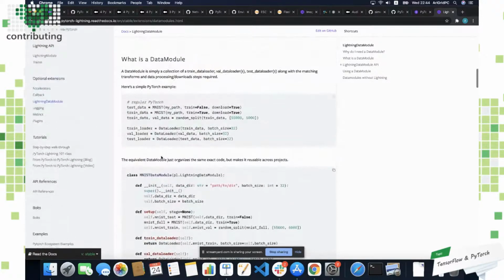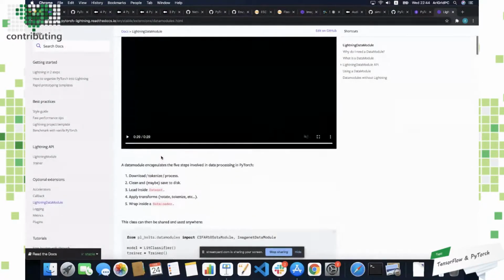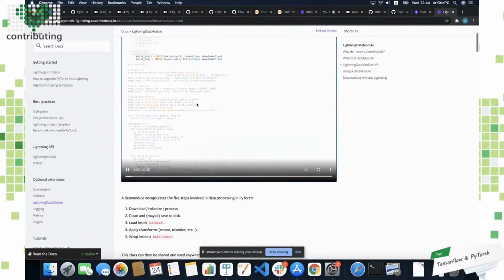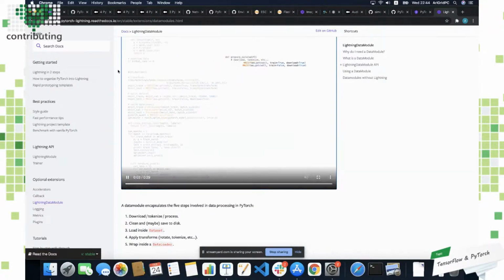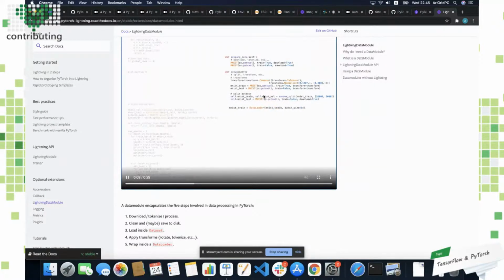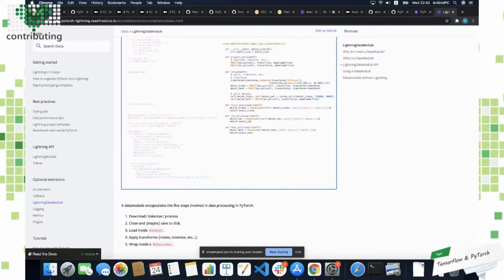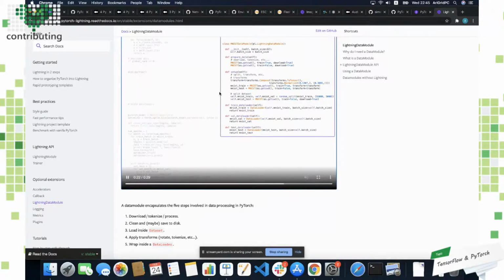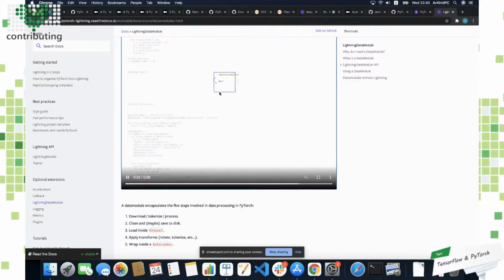So essentially what I would do is take my code that's in PyTorch right now, and where I have this functionality, I just move it over. Where I download my data, I move it over. Where I apply all the transforms and split, I move that into setup. Where I have my data loaders, I now split these up. Instead of managing them myself, I have one for validation, one for test, and all the rest of this boilerplate, Lightning takes care of for you.